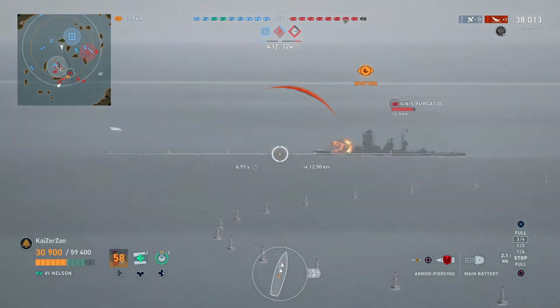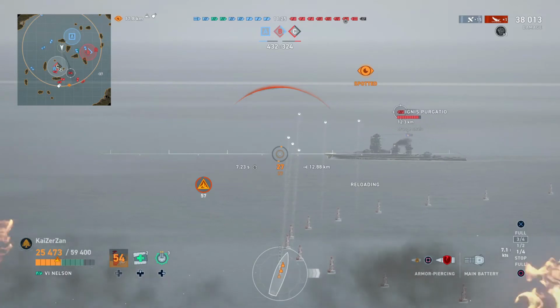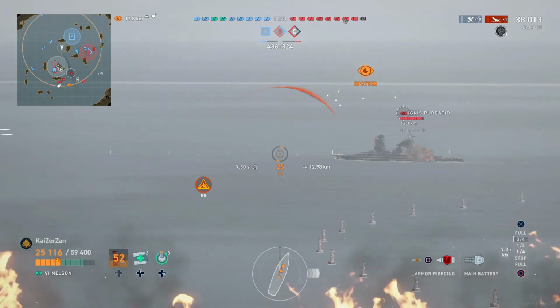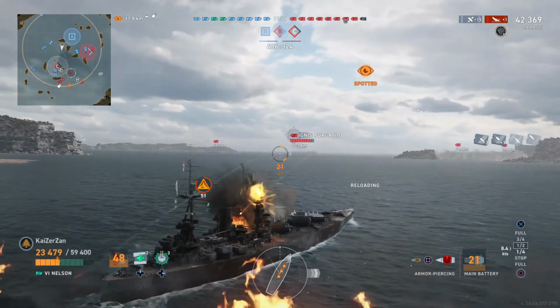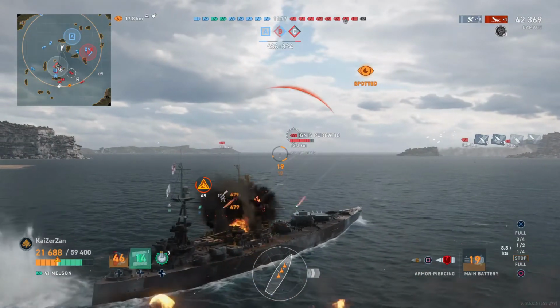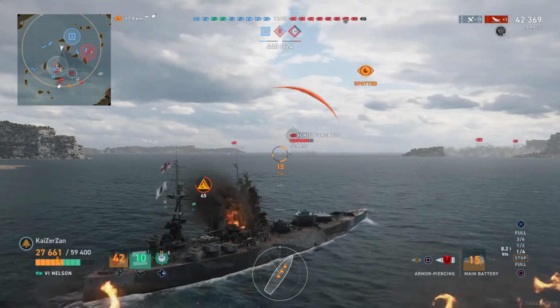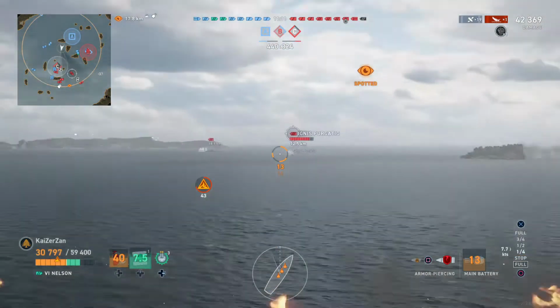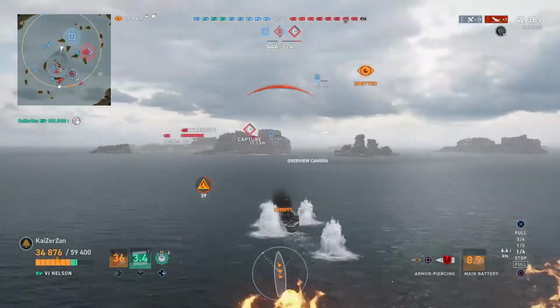Ignis has got big guns, but also it's a very squishy ship, very weak armor on the horizontal, and we do get a few penetrations there. Not something to write home about, but we definitely made him aware of our presence, hopefully. Alright, so we are constantly getting spammed by that. I believe it's a Leander,